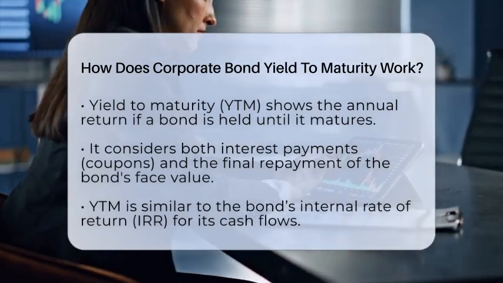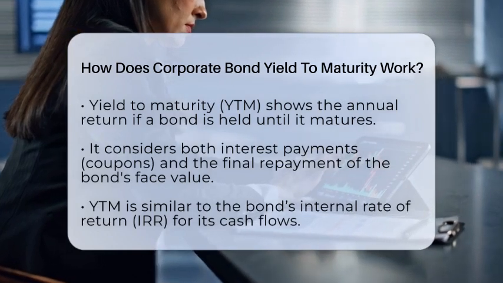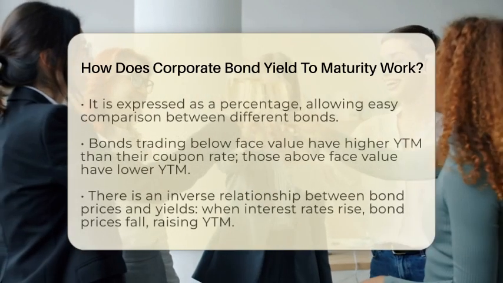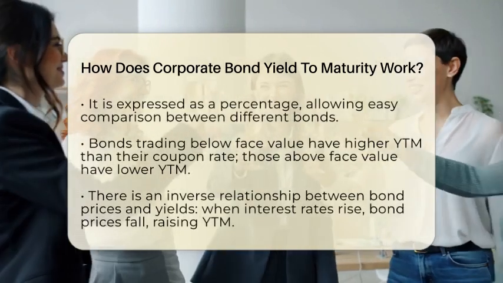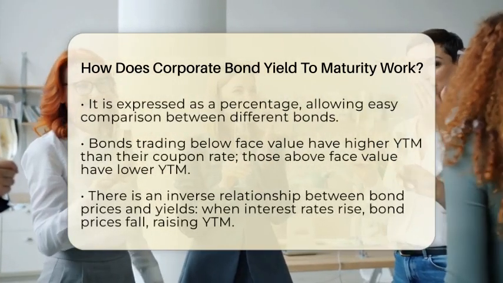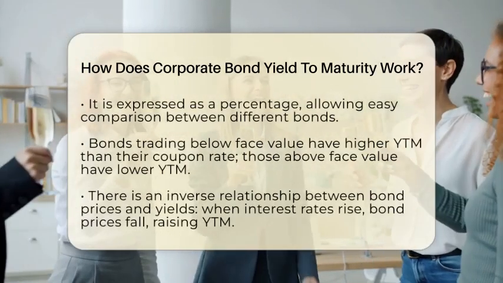Think of it as the bond's internal rate of return, or IRR, for its cash flows. This includes the regular interest payments, called coupons, and the amount you get back at the end, which is the face value of the bond. Yield to maturity is expressed as a percentage, making it easy to compare different bonds regardless of their prices or